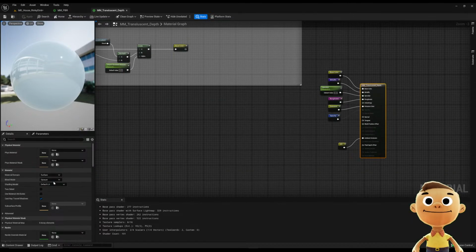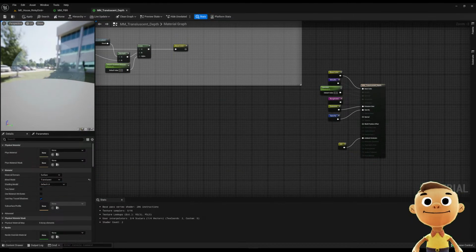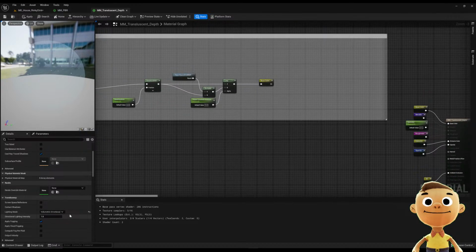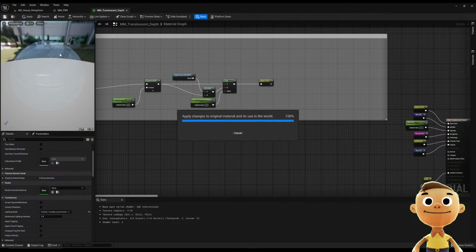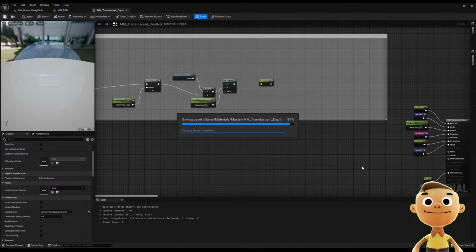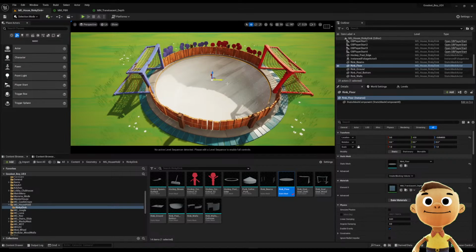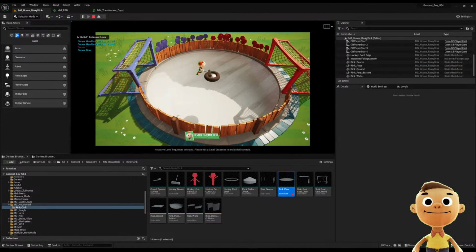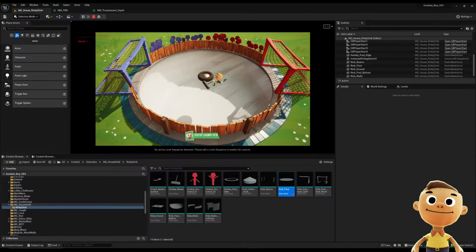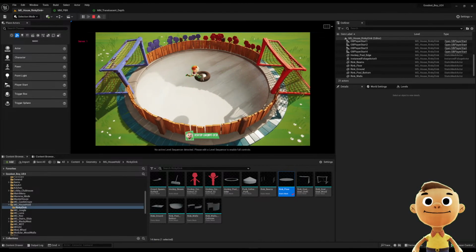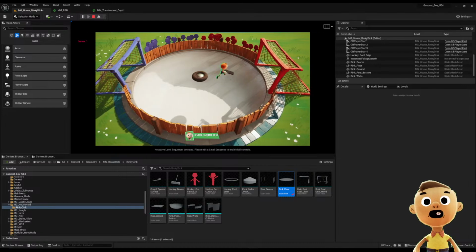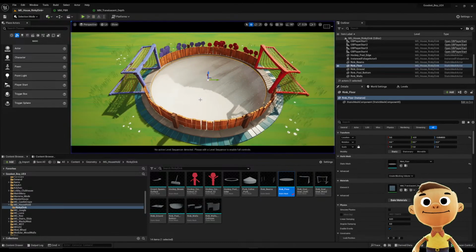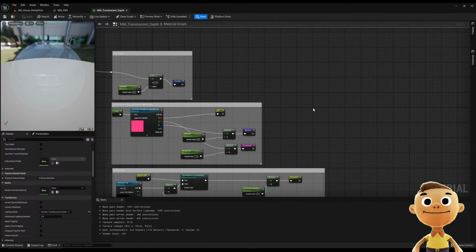All right, and we want to do translucent. And maybe a different surface translucency volume, so we get some reflectivity on it. I like that. Yep, that's something. A little icy, that's something. Not quite what we want, but it's something. Maybe if there's like a tiled material on that pool. What we want is a depth, so